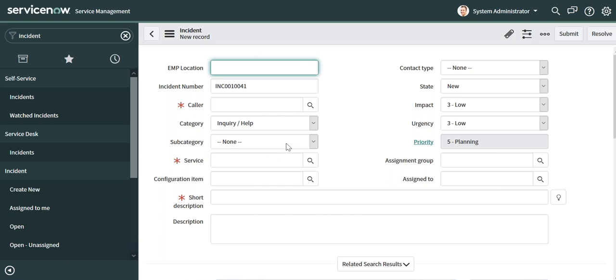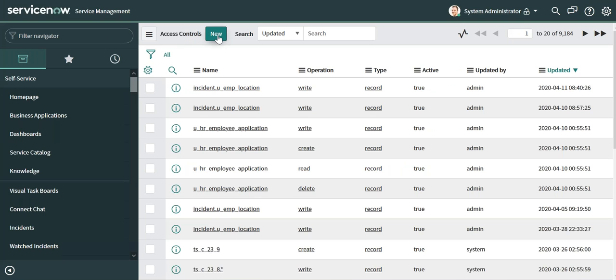Let's take an example. If a user has a specific role, then only he can write in this employee location field. Based on the requirement, we are going to implement the ACL here, so that the user should have that specific role to write on the employee location field.